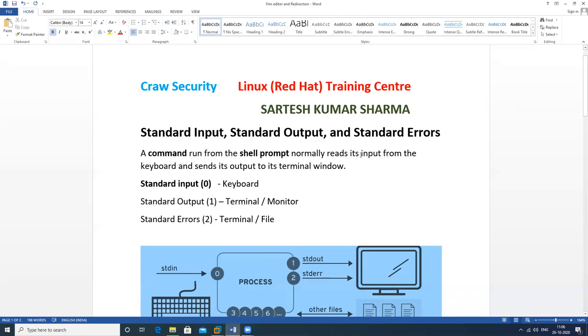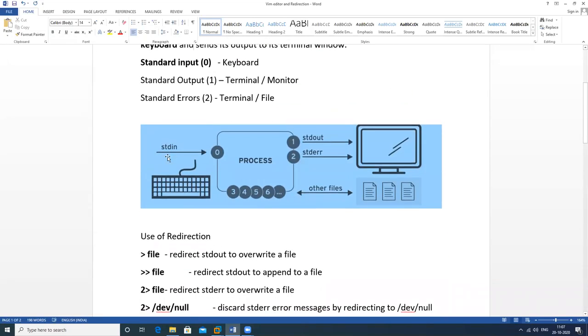So, when we type any command using the keyboard, this is called input. When we type any kind of text, it can be any command, it is called standard input. This will be processed and show the output in the terminal. And suppose we type a wrong command, it will show some errors. Errors by default show on a terminal,